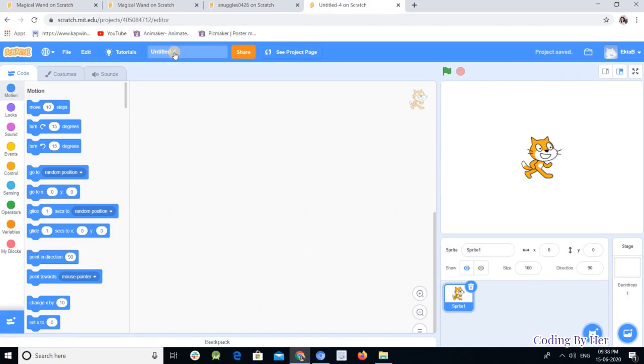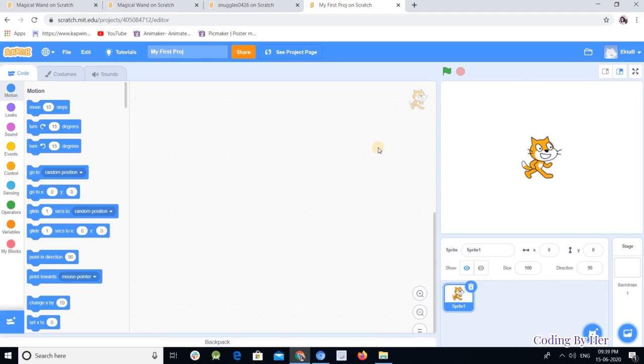Alright, so this is how it looks. Here we are going to code our game. You just have to name this project. Suppose my first project. Okay. So in this video, I'm just giving you a basic introduction about Scratch. In the next video, we will learn how to create a game. So just see all of these things. We will explore this window.